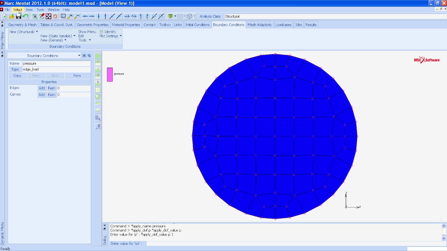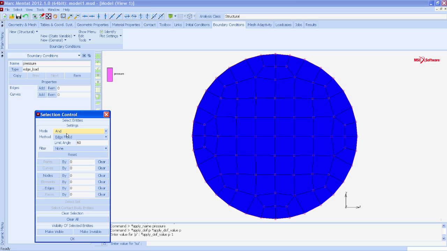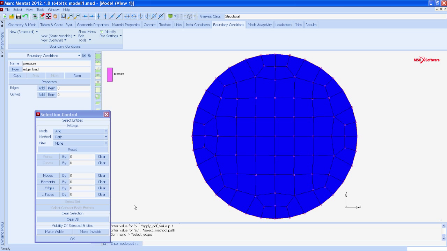First I can go to the select option and bring up the selection control window. There are various options available on the screen. You can see the single, path, and the user box and so on. I'm going to focus on a few of these. One thing is you can use the path option. Using the path, you can select a few nodes instead of selecting all the edges. What I can do is select a few nodes on the boundary,